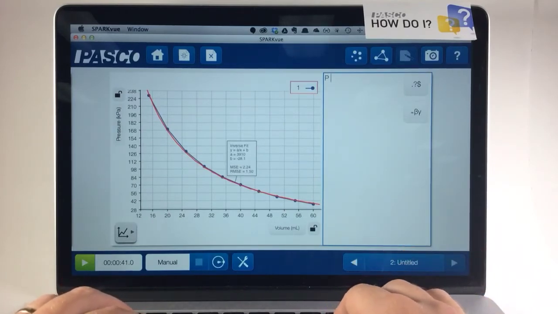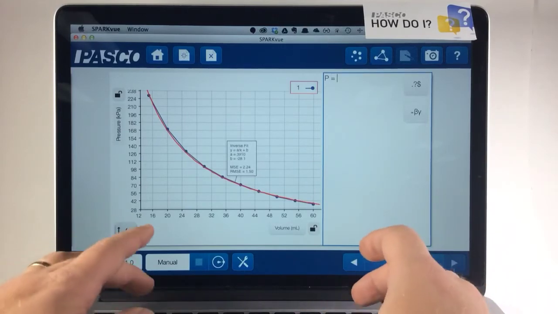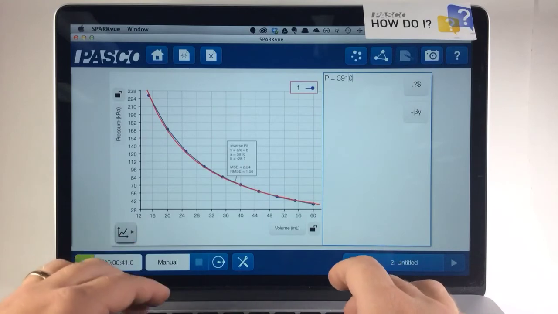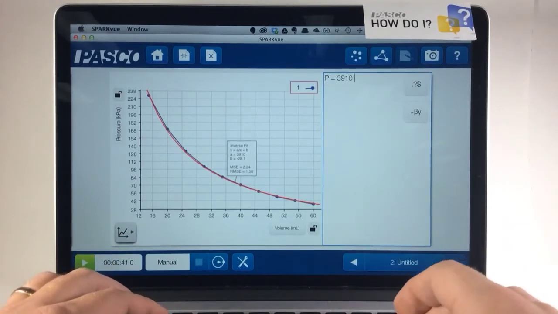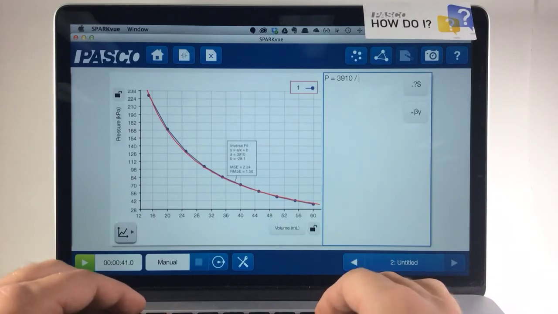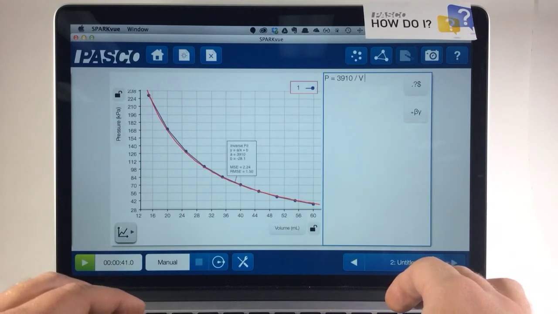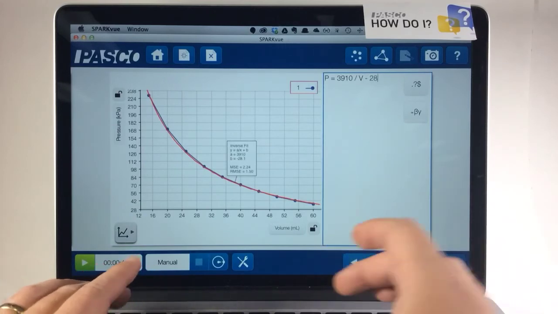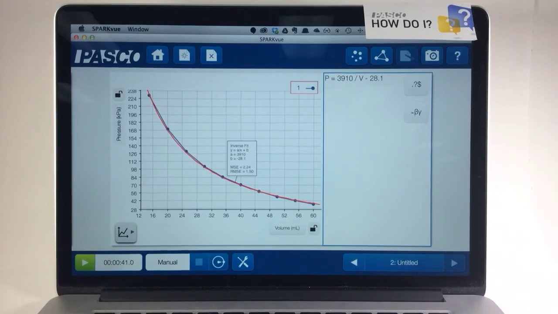Y, which is pressure, is equal to A, which in this case was 3,910 from that curve fit, and that would be in kilopascals per milliliter, divided by X, which is the volume in milliliters, plus B, which is negative 28.1. So that's the relationship I've derived from my measurements, and perhaps I might make the argument that 28.1 is small,